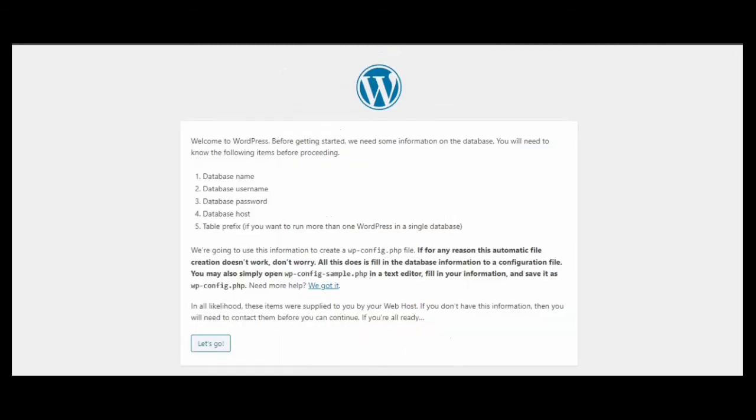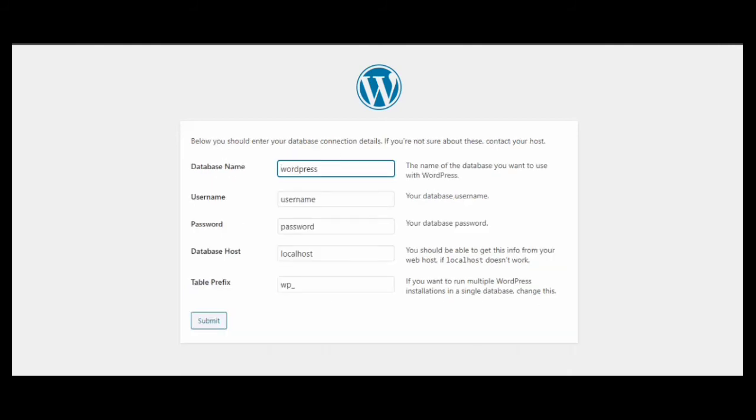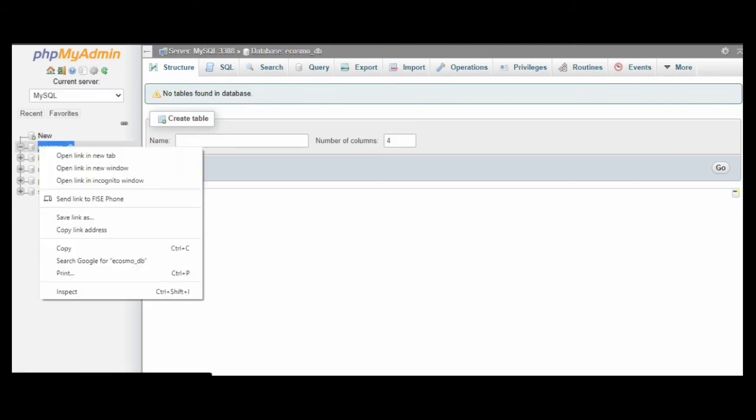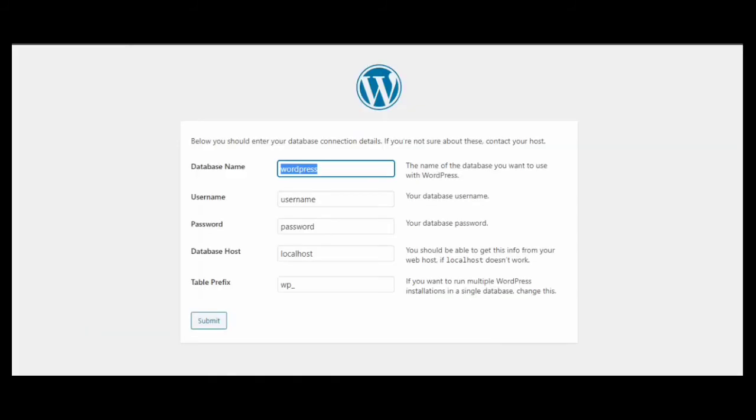Now it will ask for you a database name, a database username, database password, and database host. The database name should be the one that you created. For example, I created ecosmo_db. So I will copy it and paste it over here.